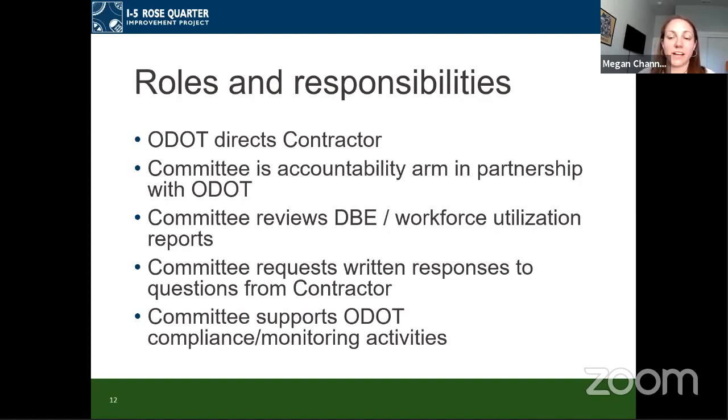But by factor, as Andre said, of standing up this community oversight advisory committee, it's a new voice for the community in partnership with us at ODOT as we move forward with the contractor. And so I recognize that it's a bit of a trust us moment when we frankly don't deserve that trust, but as we develop the charter and really define those roles and responsibilities of this group,